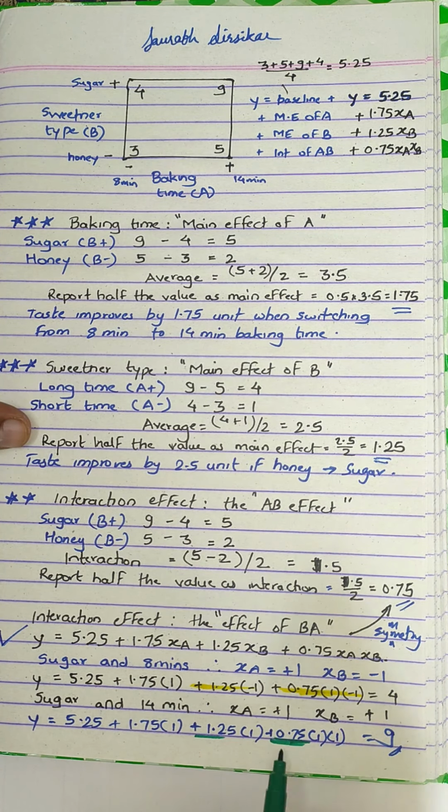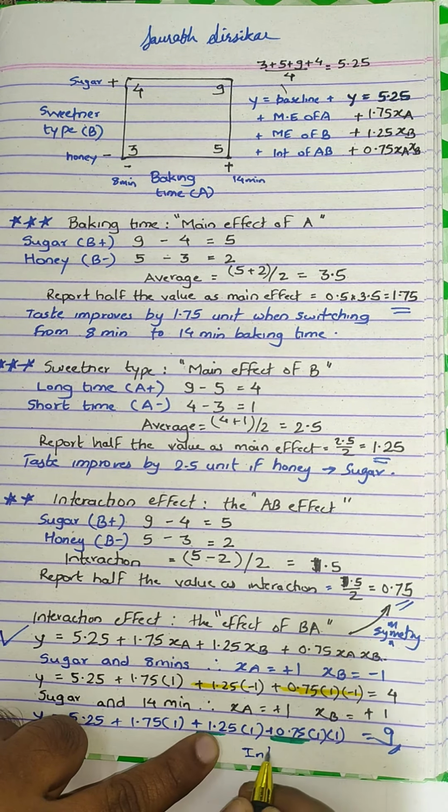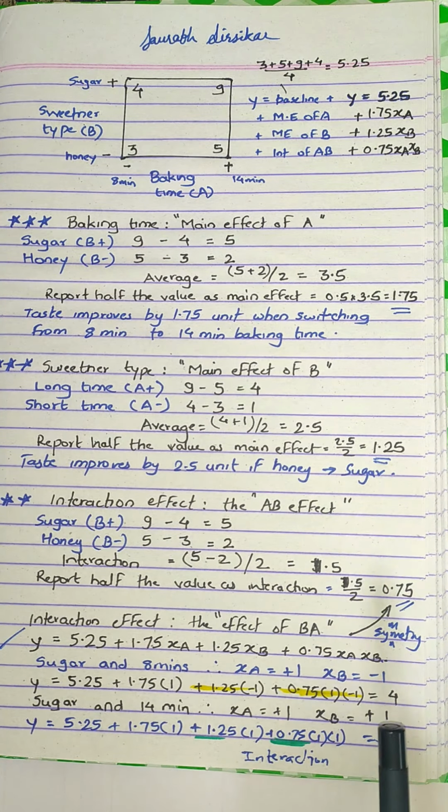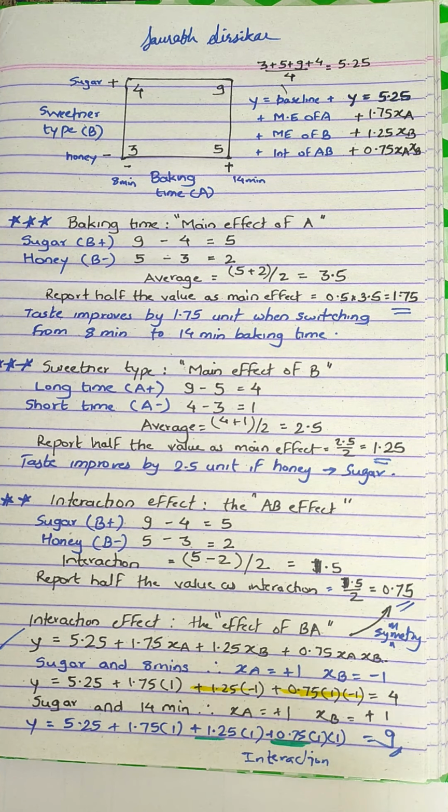Now this all may seem very messy, but it is well worth it, because what we get is a really good prediction model that accounts for the interactions within our system and the main effects. Interaction means that the main effect of one factor depends on the value of another factor, and that's the real thing you need to remember about an interaction. Also, bear in mind that interactions are symmetrical, and one way we can see that is mathematically: XA times XB is the same as XB times XA.